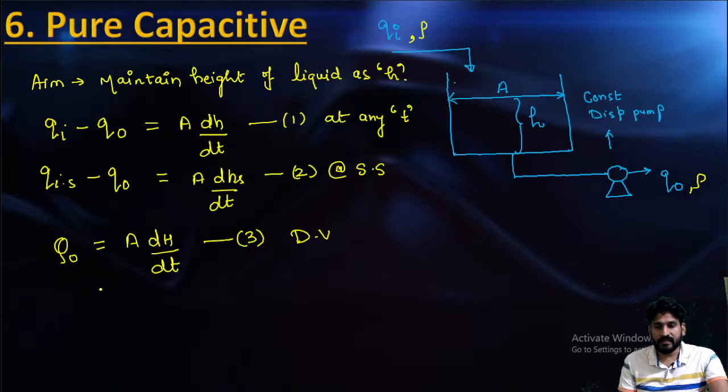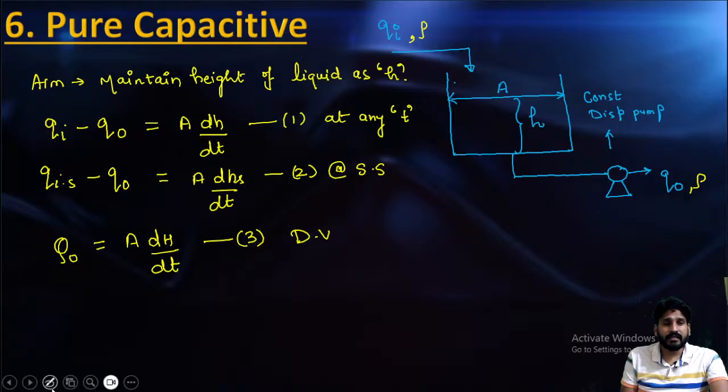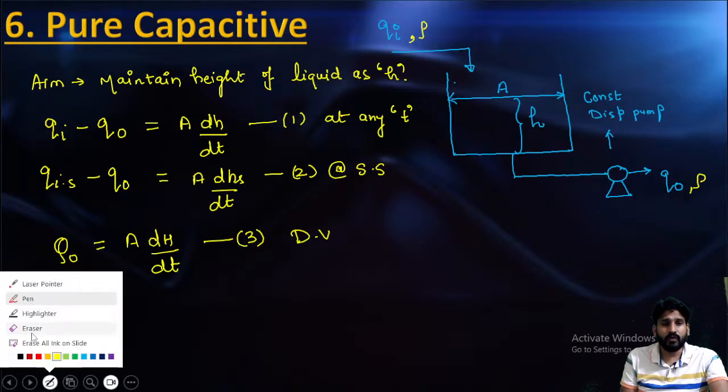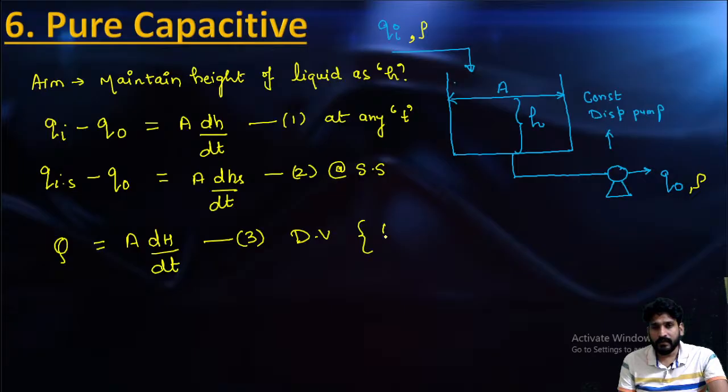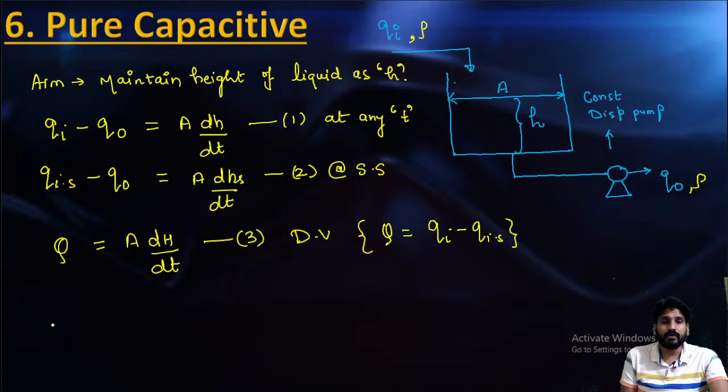I hope that it's also clear to you. No, I should not write Q naught here, because Q naught is for outlet, so it is only Q. And for your information, Q is equal to Q inlet minus Q inlet at the steady state. Don't confuse. After the Laplace,